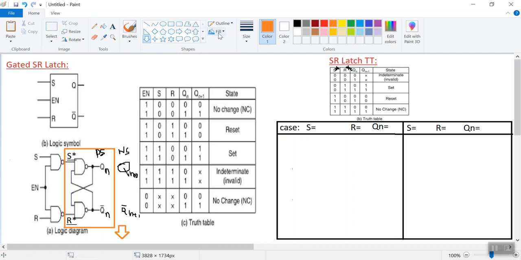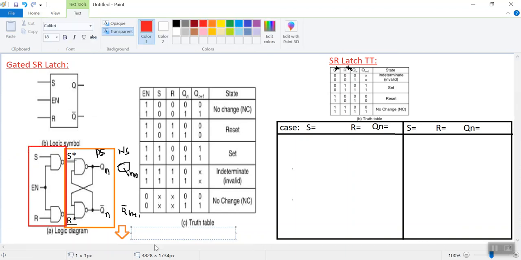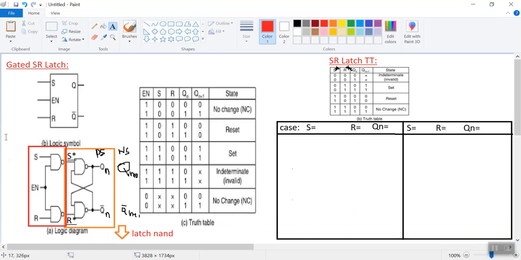And in front we keep one more circuit, that is our steering gates. We can call this the steering gates. So I am representing it here. This is our steering gate representation. I am just giving the notation. This is our latch of NAND, and this is our steering gate.